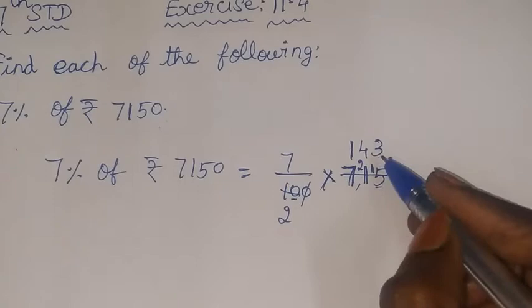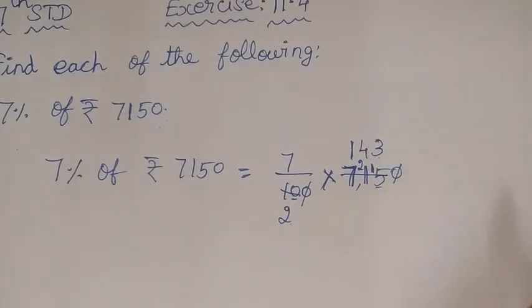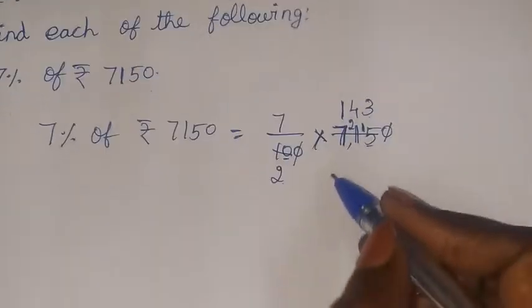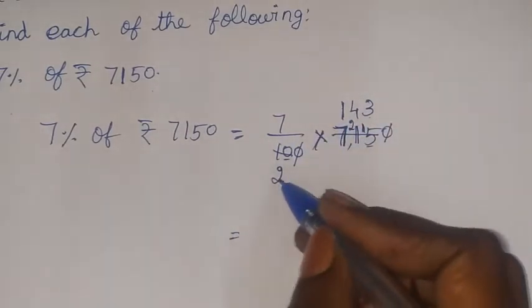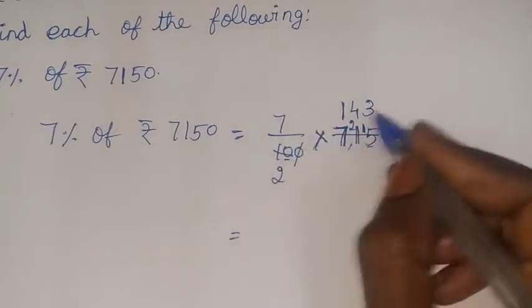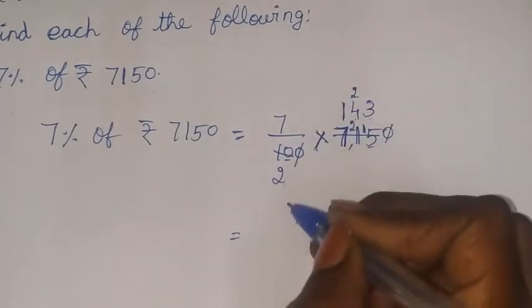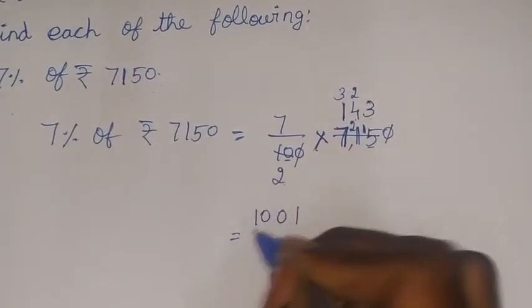Now there is no even number in the numerator and the denominator is an even number, so we can't simplify in the 2 table, that's all. We can't simplify more than this. So what we have to do is multiply the numerator and write it in the numerator, and divide it by the denominator. 7 3s are 21, 2 as a carryover, 7 4s are 28, plus 2 is 30, 3 carryover, 7 1s are 7 and then 10. So by 2.